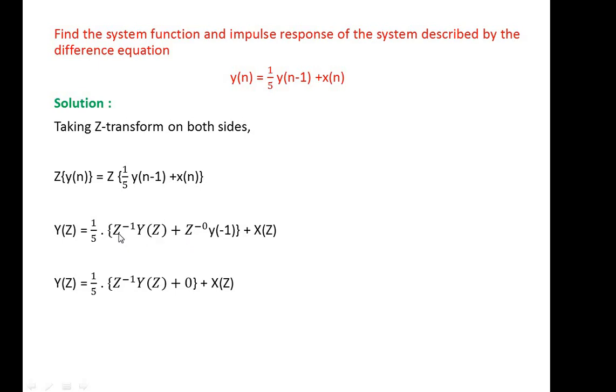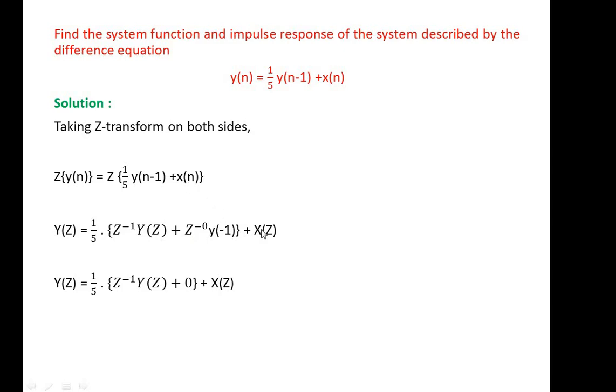And we have to continue the order of the z throughout the entire problem. Suppose you are having the value of y as y of n minus 3, so we will be having three initial conditions: y of minus 1, y of minus 2 and y of minus 3. So we have to increase the order of the y, whereas we have to reduce the order of z. So this is what we are trying to say via this slide.